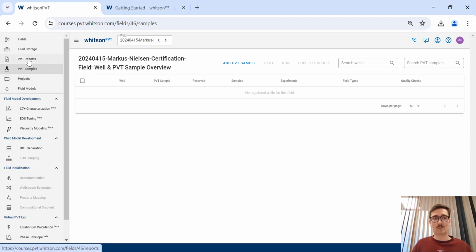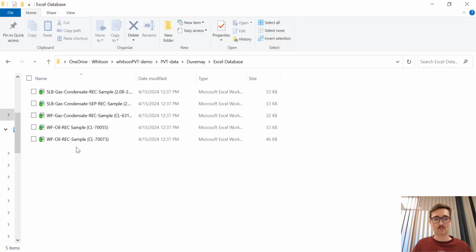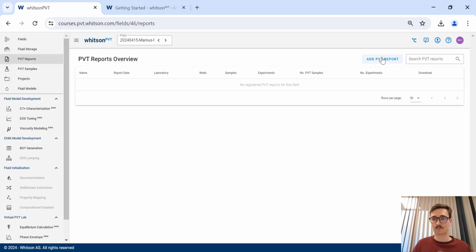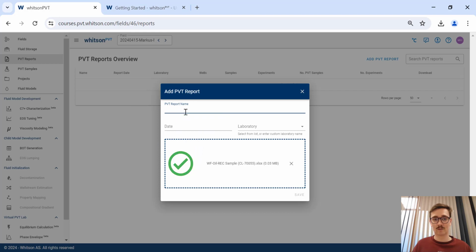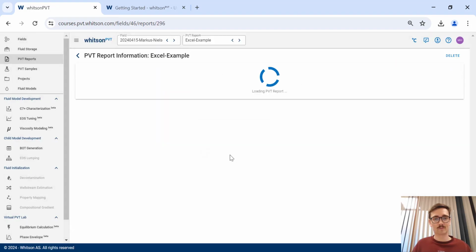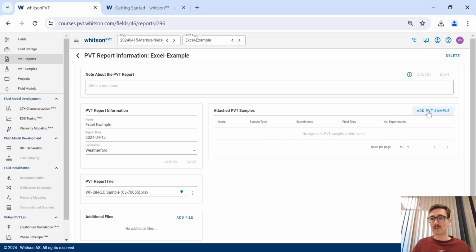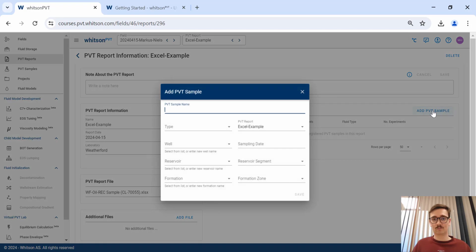The first step here is that we're going to want to add a PVT report. We're going to be putting in this sample, so we can just drag and drop this off by clicking add PVT report, dragging it in. We can just say Excel example, put in today's date. Here we can just put in Weatherford because we know it's going to come from Weatherford Laboratory. Click save, and then we can add the sample by clicking add PVT sample, and we're going to be